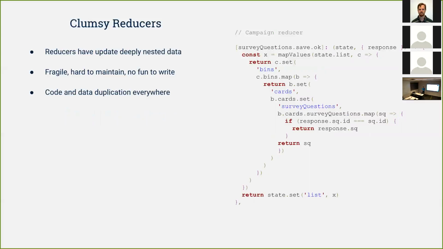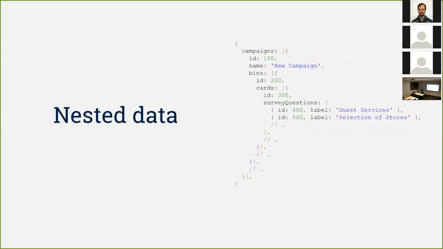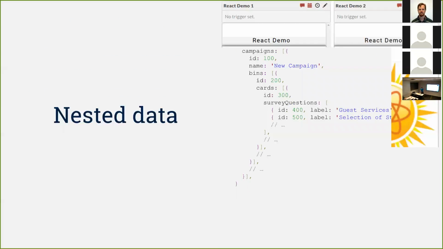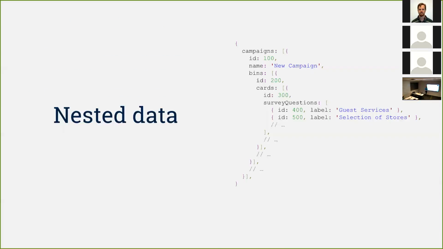So a naive way to deal with this when your data is structured like this, when the server sends new data, for example when you want to update the question in a survey card, you need to write a reducer which then has to go find any references to that survey card and update them in all the different places it might be. So if this is the data structure right here, or if this is just one card, there's another card down here, or maybe there's another bin which has another card which has the same data for the survey questions. So when we get a new updated survey question, we need to go find it in all those different bins,